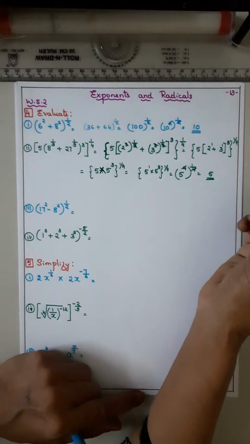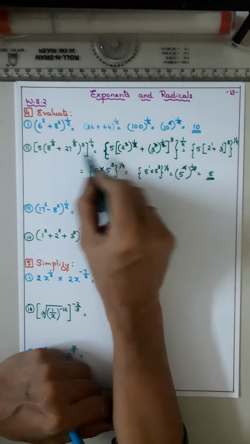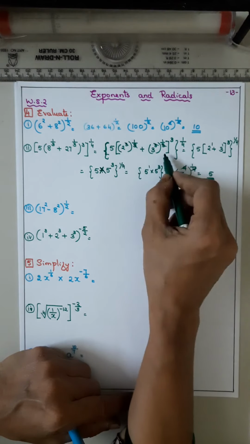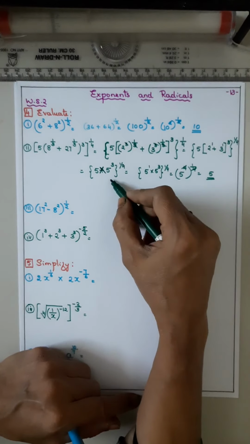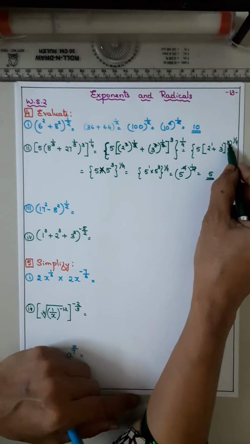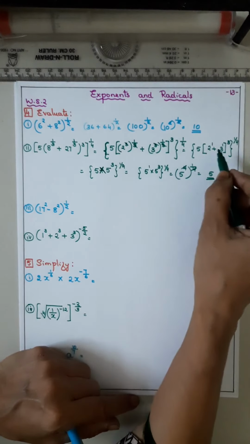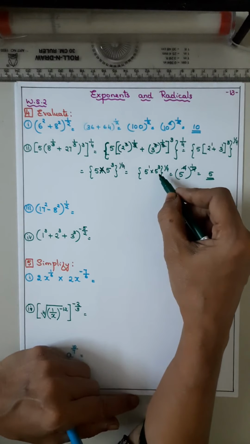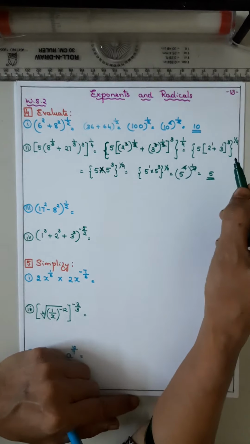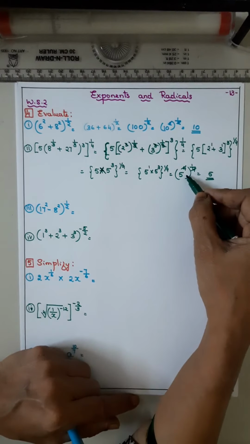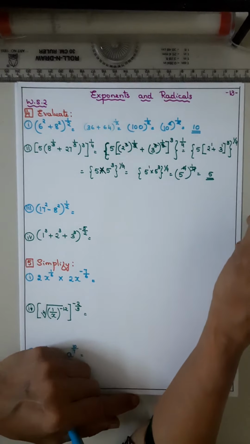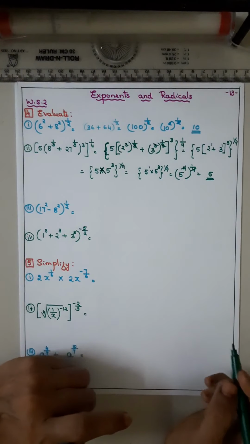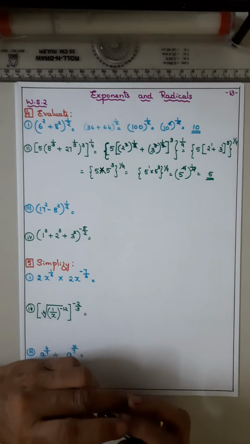Understood? So first write 8 and 27 as cubes, then the 3 cancels, 2 plus 3 is 5 and its power is 3. So 5 into 5 cube, how will we do it? 5 to the power 1, 5 to the power 3, for this add the powers. You got 5 to the power 4 and outside it is 1 by 4. That 4 gets cancelled and that is why 5 to the power 1. That is why it is 5.